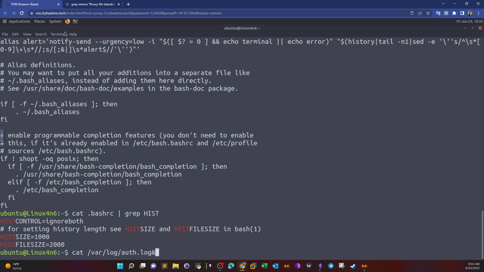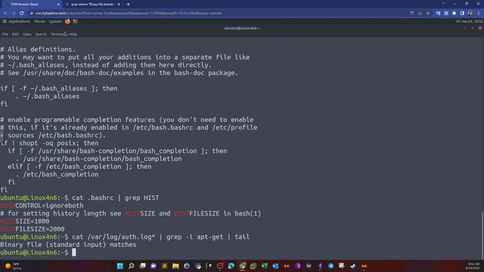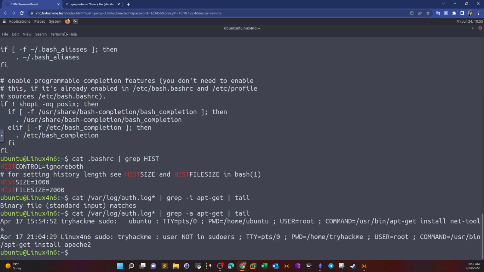This is where we see the history of the elevated commands. grep -i. Let's say the command is apt-get tail. Binary file standard input matches. Okay, we change this to -a. Okay, so we see the command